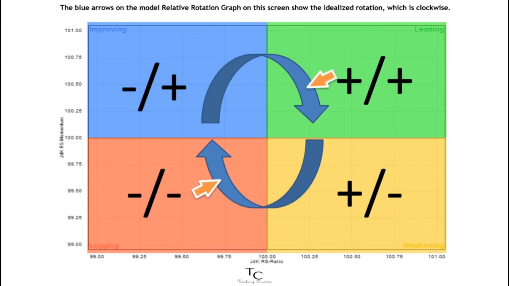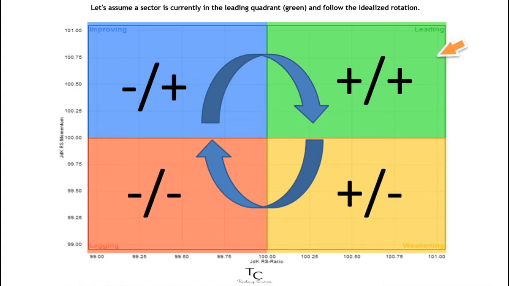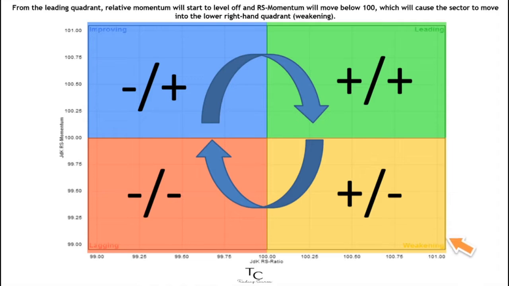The blue arrows on the model relative rotation graph on this screen show the idealized rotation, which is clockwise. Let's assume a sector is currently in the leading quadrant, green, and follow the idealized rotation. Remember, RS momentum is the leading indicator here and it will be the first to turn. From the leading quadrant, relative momentum will start to level off and RS momentum will move below 100, which will